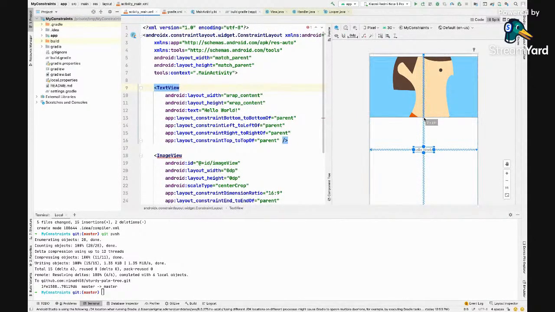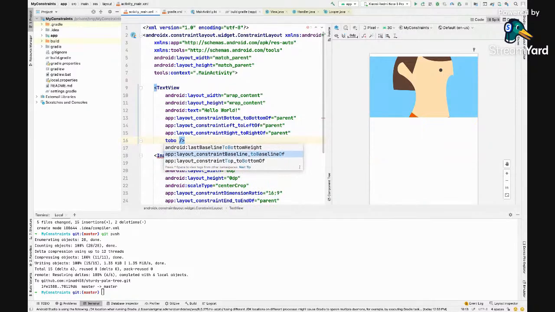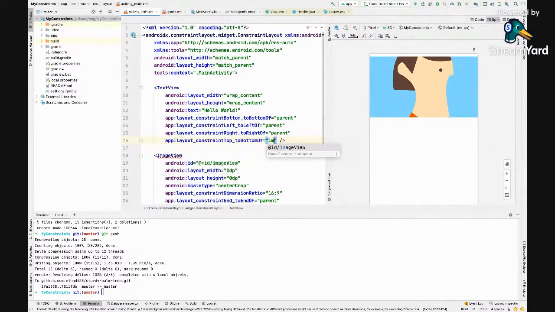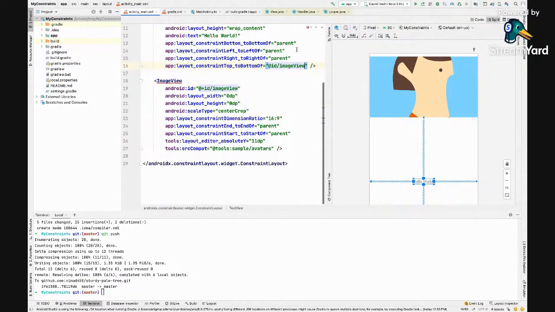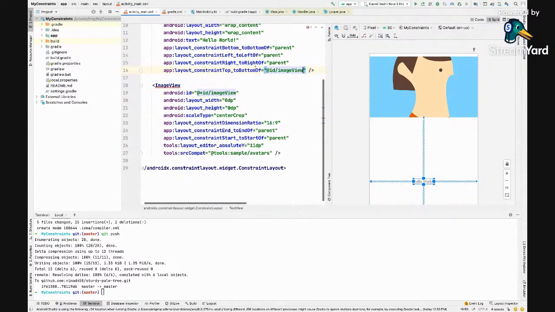this other layout. We can set up views with reference to others. I'll move to the code, and here I can say top to bottom of. If I want something with reference to something, I'll just say put this top to the bottom of something.